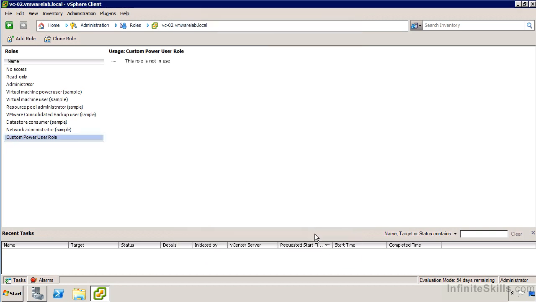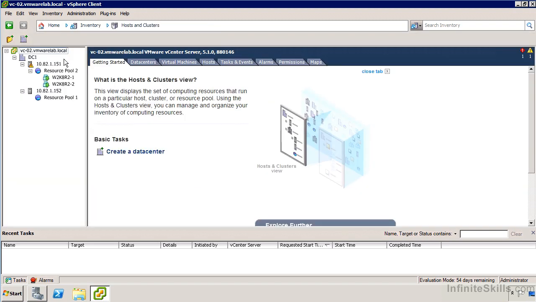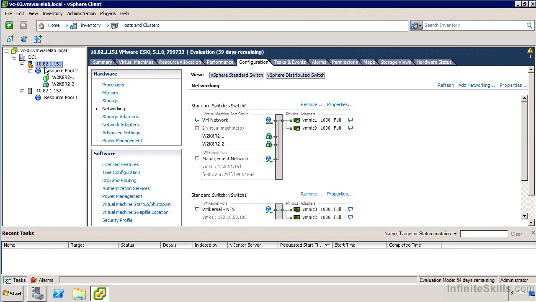But this doesn't give me an option anywhere to actually assign this to users or to any objects. So let's go take a look at how we do that. If I go back to the home page of vCenter and click over to hosts and clusters, we can see that I've got my root object for vCenter. I've got a data center object, 2 hosts and 2 resource pools, one on each host, and I've got some